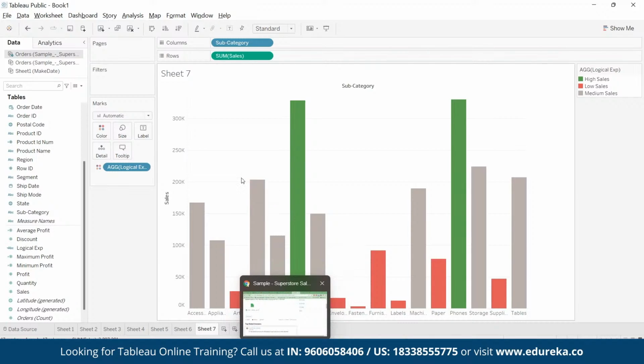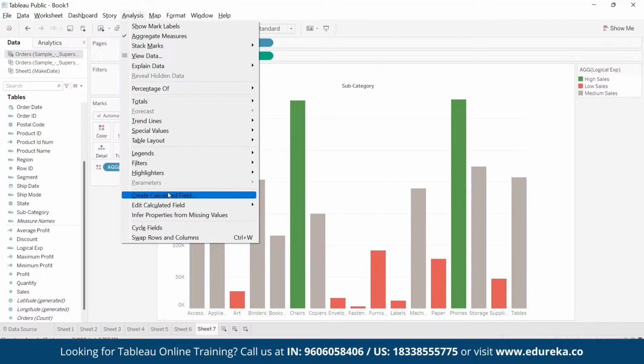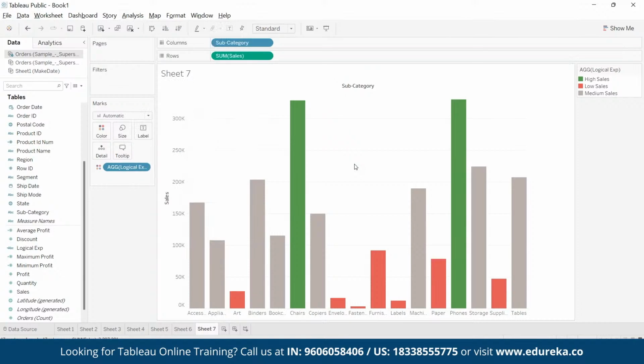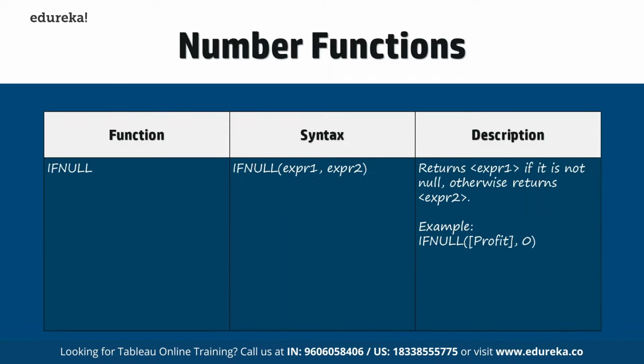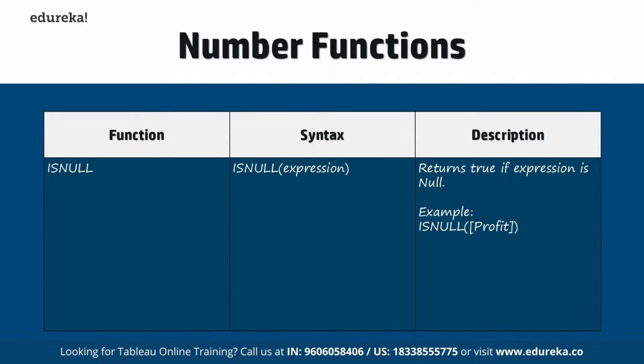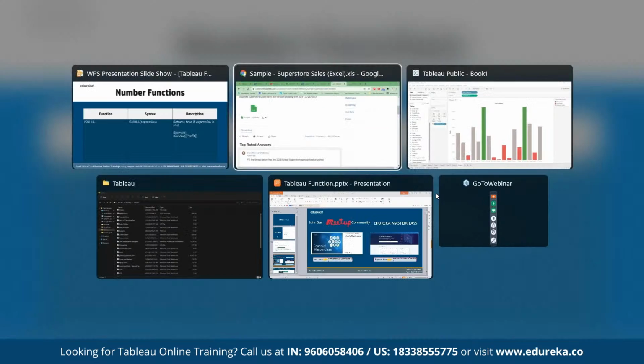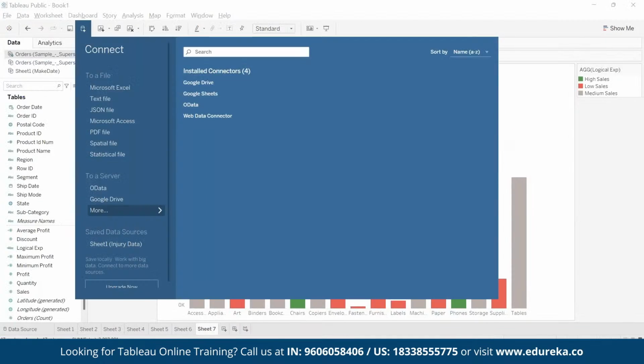So logical function. Like that, we can use even another expression called case statement. When you're testing multiple conditions, you can use case statement also. If, else, and this is all like one group of functions. Is null, very interesting function. It will return true if the expression is null. For example,